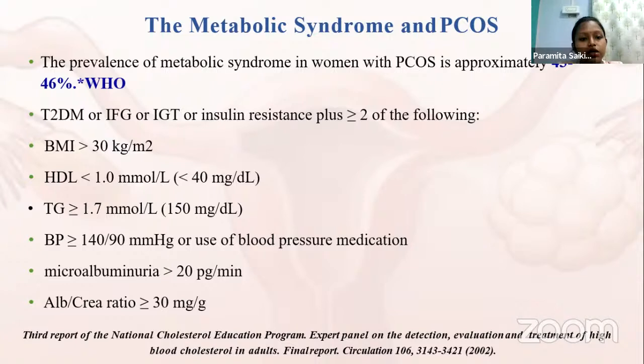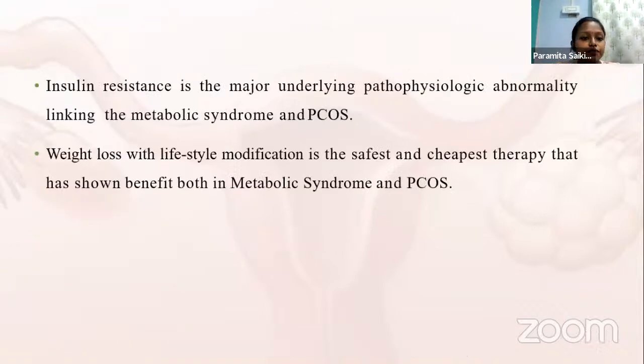Type 2 diabetes mellitus or IFG or IGT or insulin resistance plus 2 or more of the following features are included: BMI more than 30 kg per meter square, HDL less than 1.0 millimole per liter, triglycerides more than or equal to 1.7 millimole per liter, and BP more than or equal to 140 by 90, or microalbuminuria more than 20 microgram per minute, and albumin creatinine ratio more than or equal to 30 milligram per g. Insulin resistance is the major underlying pathophysiology